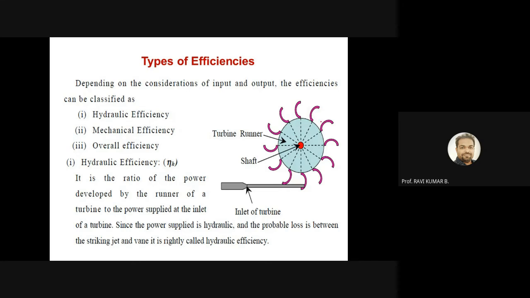So it is the curved blade profiles which are attached over the periphery of the runner, that we say as a runner, and this is the shaft which will be coupled with the generator, and this is the nozzle, that is called inlet. I said that always the flow will be entering through the nozzle. The nozzle's purpose is to accelerate the flow slightly higher than the inlet by which your flow is entering. So this high velocity jet of fluid will strike over the surface of the blade. Because of that momentum transfer, your prime mover will rotate. The moment it starts rotating, you will get the mechanical energy out of it.